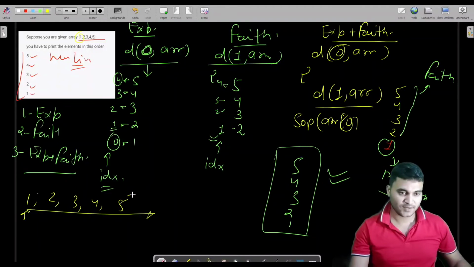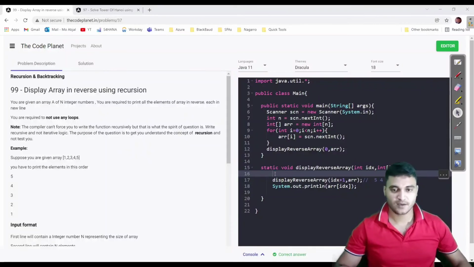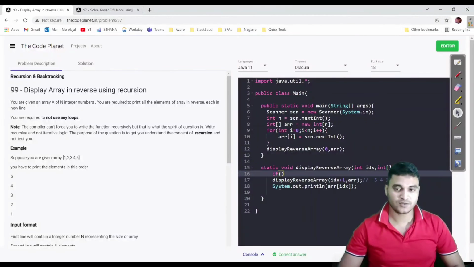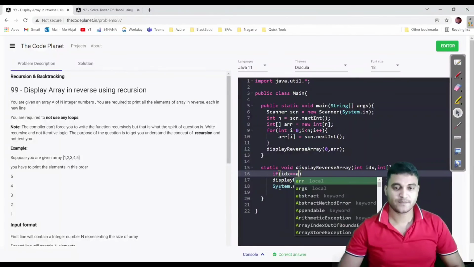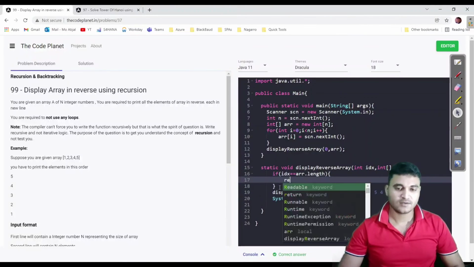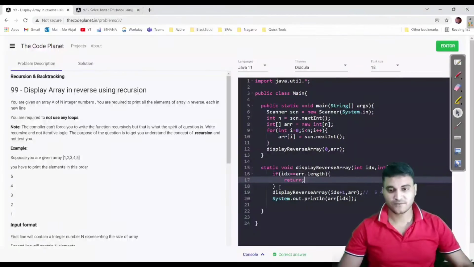So if my index is greater than or equal to the length of this array, then I will have to stop at that point. I hope you got this point. If not, then you should watch two videos: the first video of recursion and the one just prior to this, print array in correct order. You should watch those if you have any concern or questions. So the condition is idx equal to arr dot length, and if it is true, then we just return from here. We are done with our code.